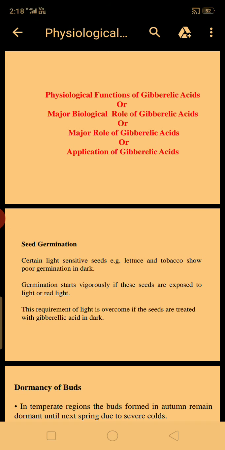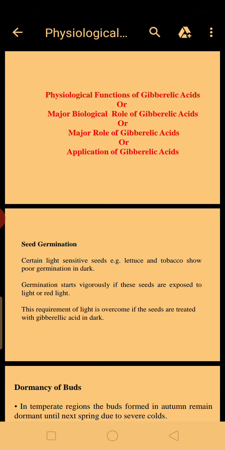For example, in the case of lettuce and tobacco, you will see slide number 1, and then your point will be clear regarding seed germination. Positive photoblastic seeds need light for germination. If, due to natural changes, light is not there, you can't wait for the light, or artificially create light during germination. In such cases you have to use different concentrations of gibberellic acid prior to germination, and then germination will go on smoothly.